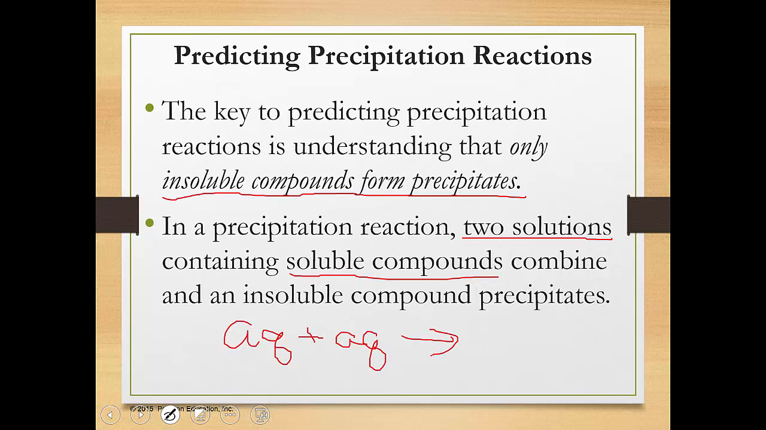Okay, and if I have a precipitation, two things will come together to form a solid. The other two things that were in there remain aqueous. So that's the phase pattern that you'll see for a precipitation reaction. Something aqueous plus something aqueous yields something solid plus something aqueous. All right, let's look at some